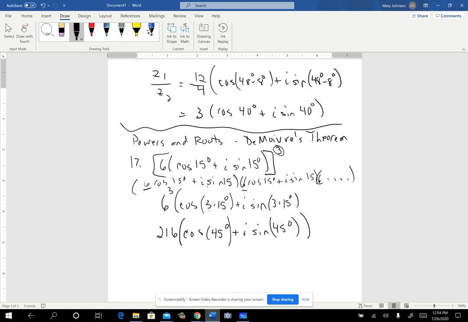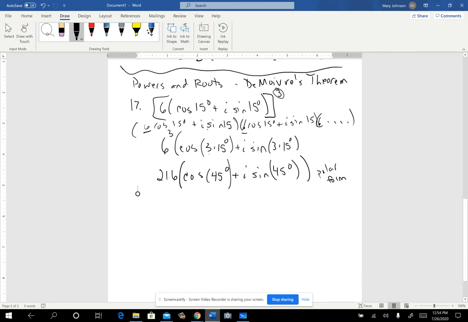They say, find the indicated power, and then it says, write the answer in rectangular form. So this is the polar form, so I'm not done. They want it in rectangular form. So what I'm going to do to finish it is basically find the cosine of 45. I know that, square root of 2 over 2. Okay, sine of 45, square root of 2 over 2. And then I'm going to take that 216,